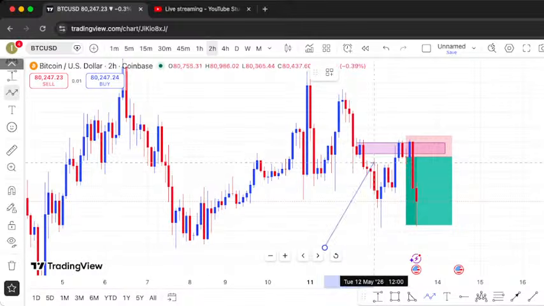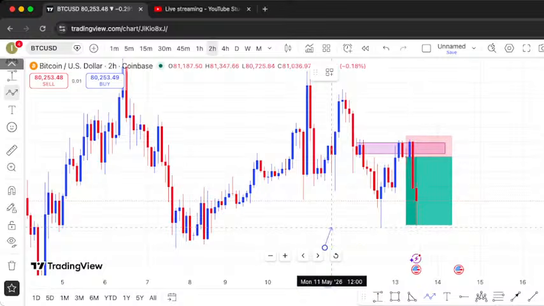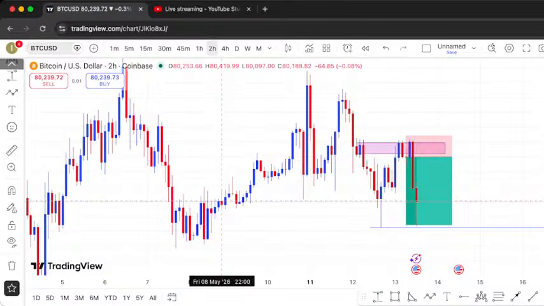This was an OB, which made this market drop massively all the way to a take profit because we were targeting this low. The market went all the way and hit that take profit. So if you took it, nice. I hope you guys made money from it. That's how we trade. That's how we give out live entries. That's how we target specific areas, and we never miss. So that's how Bitcoin dropped massively due to just an OB.